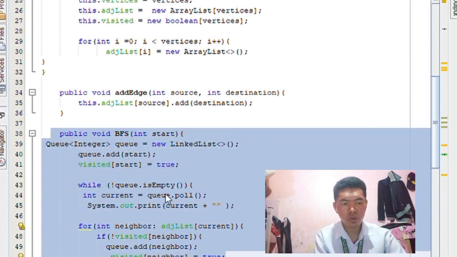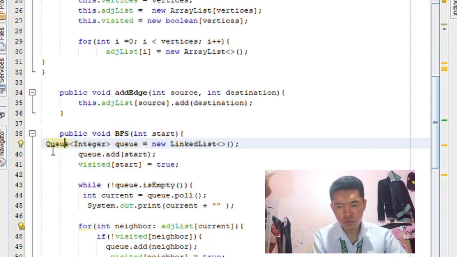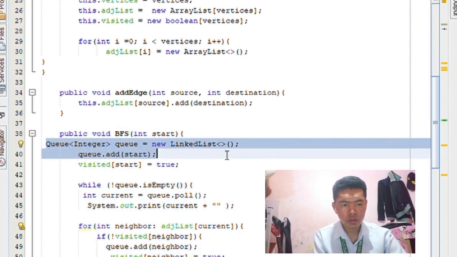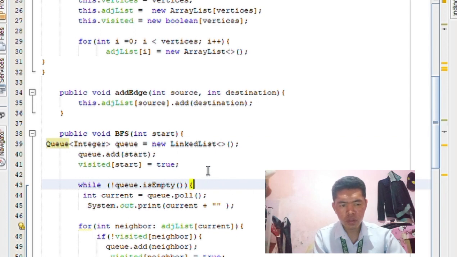Also, it uses a queue to store unvisited neighbors of visited vertices. So here is the queue. The algorithm iterates until the queue is empty. It removes the current vertex from the queue, and then it prints the current vertex, and for